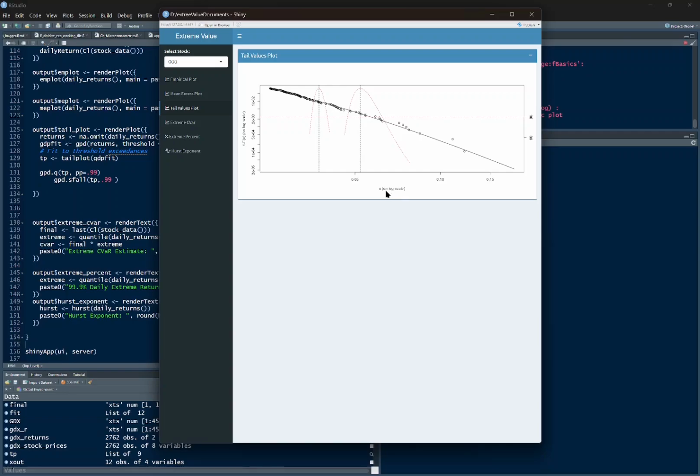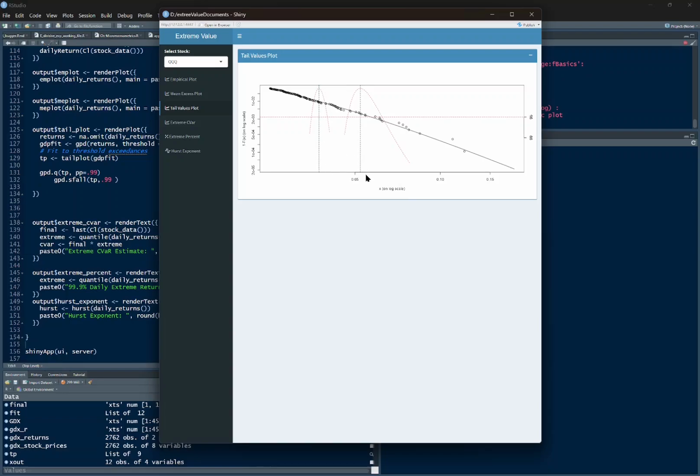It's based on downside returns. That's the 1 minus F(x) on log scale, and the x on log scale. The y-axis, 1 minus F(x), is a survival function, the probability of exceeding a value x,